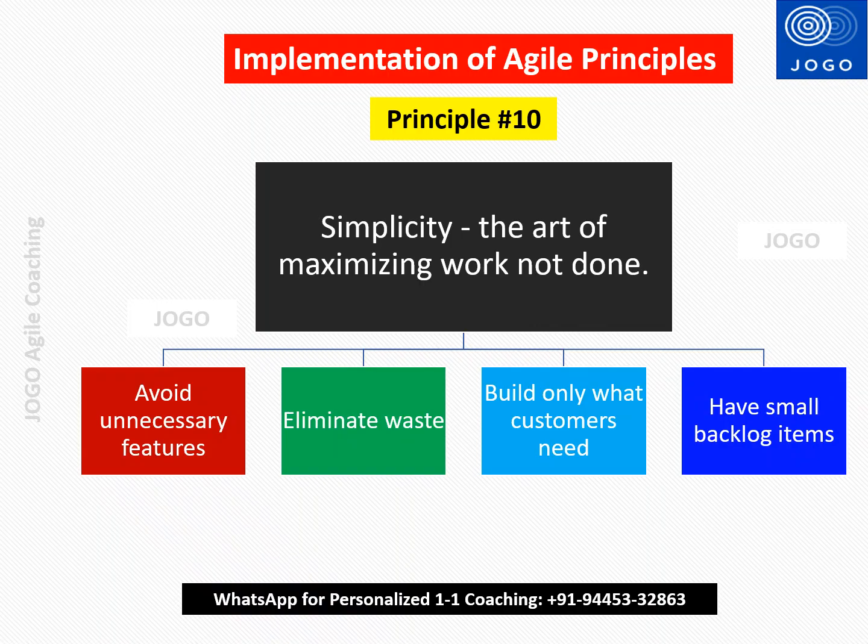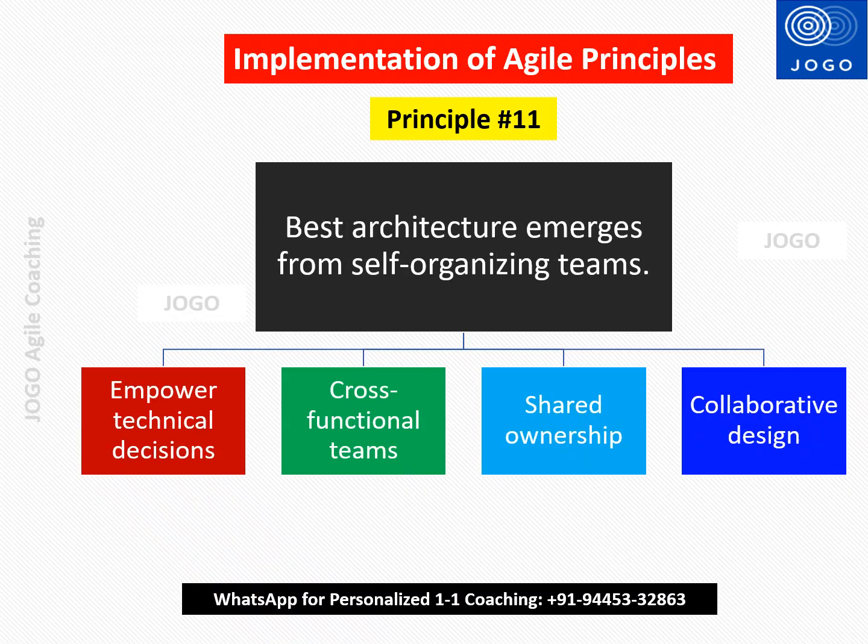So by doing these activities, we can implement the 10th Agile principle at work. Now let us understand how to implement the 11th Agile principle. Best architecture emerges from self-organizing team. So here, to implement this principle, we need to empower the technical discussions within the team so that they can take a good decision. We need to build the cross-functional teams, and we need to give the shared ownership to